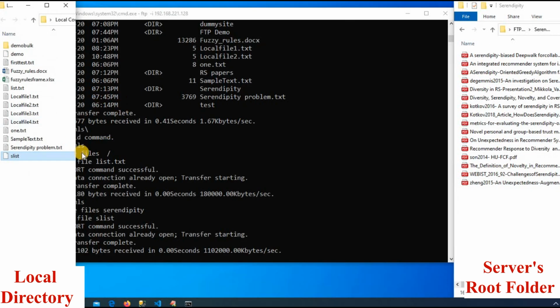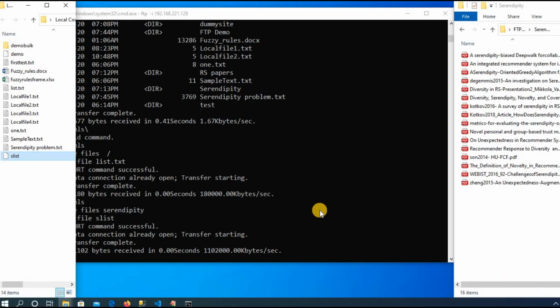So these were the basic FTP commands. When you dive into the real environment, one thing keep in your mind is that FTP by itself is not a reliable way to exchange sensitive information because it is prone to security attacks as we have discussed earlier. And due to this limitation, organizations generally use the secure version of file transfer protocol, that is along with SSL.